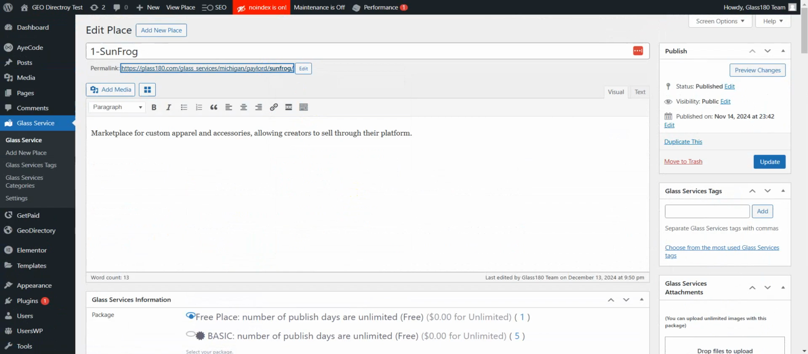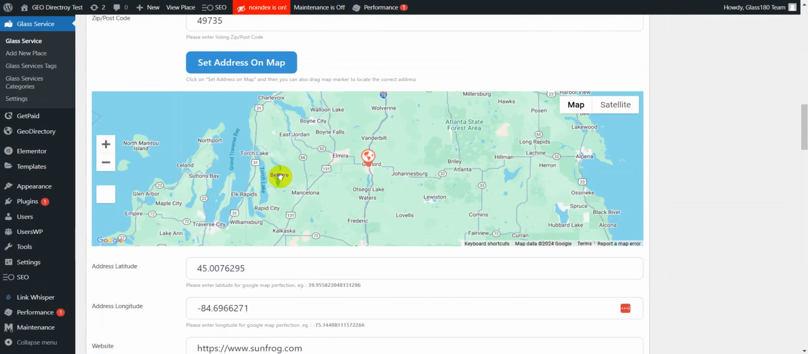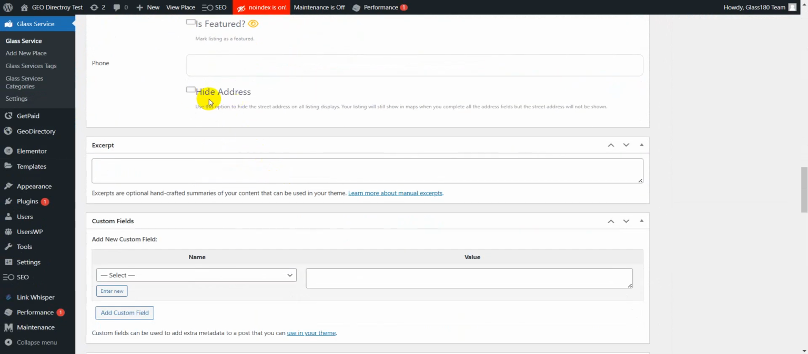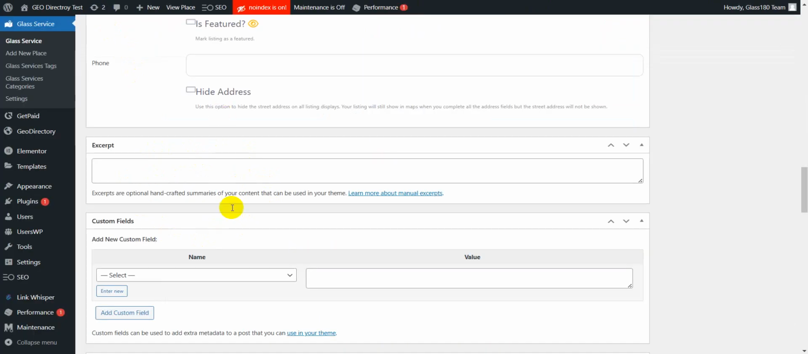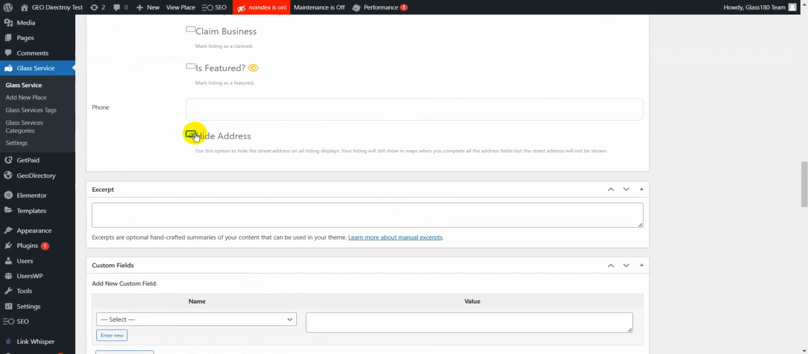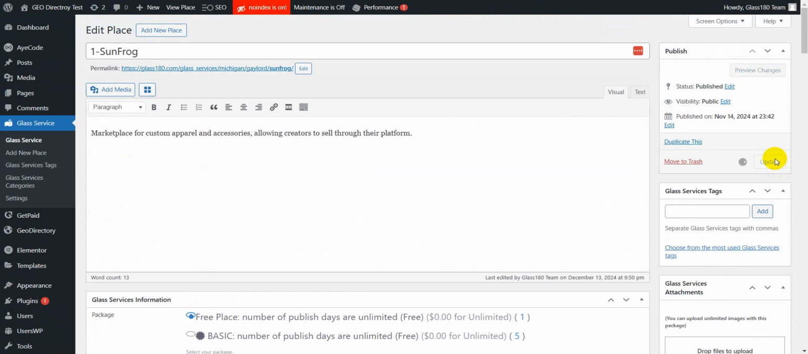I'm going to open up the tab so we can look at that in a few moments. So that's the hide address. So as you can see right now, this is where I put the address. You see how the address is showing. I'm going to click hide address, update,